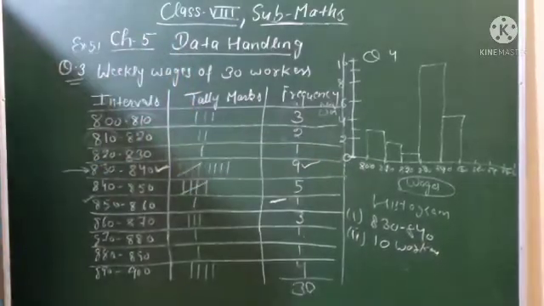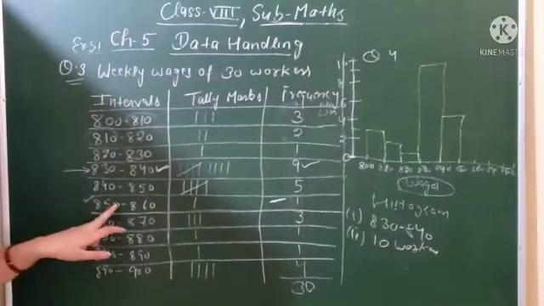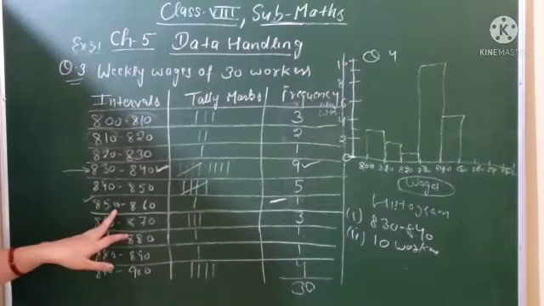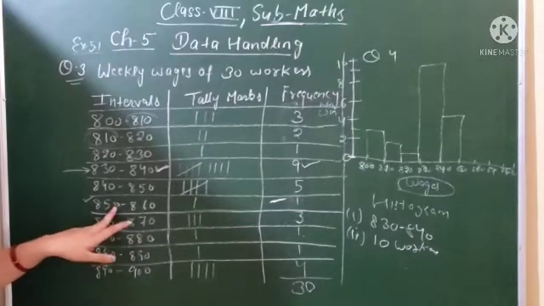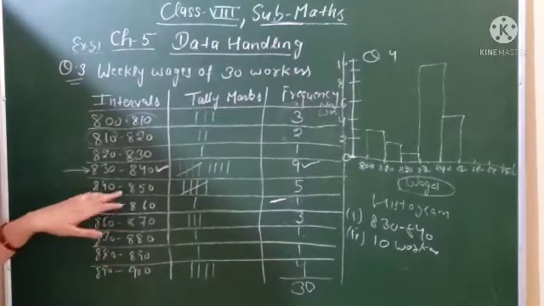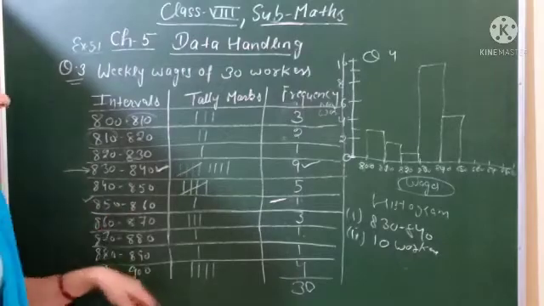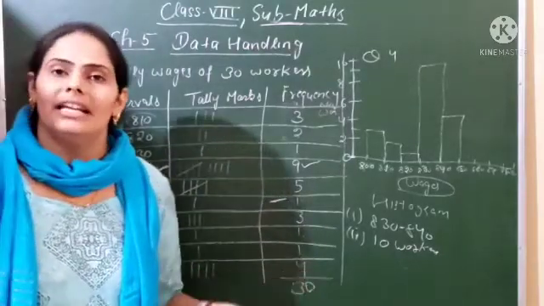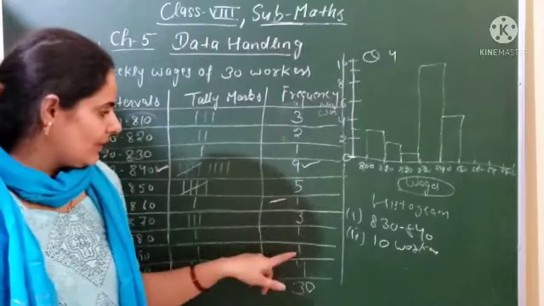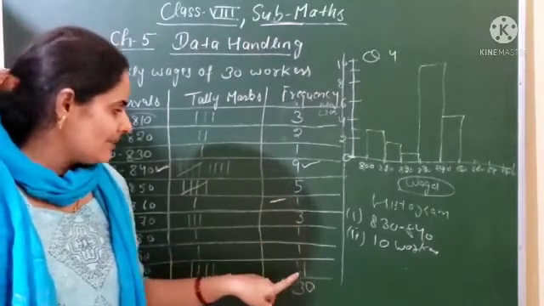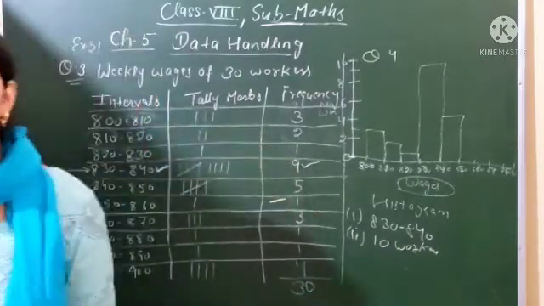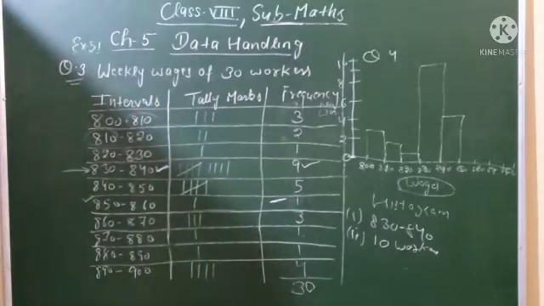Is it clear? Weekly wages more than 850 and equal to 850. So you will take all the frequencies, like between 850 to 860, 860 to 870, because this is starting from 850 and these are more than 850. So all these are the frequencies between 850 and greater than 850. So it will be 1, 3, 1, 1 and 4. All the frequencies you will take. So 3 plus 1, 4, 4 plus 1, 5, 5 plus 1, 6, 6 plus 4. Total how many workers have wages of 850 and more than 850? It will be 10 workers. Is it clear? Total 10 workers.